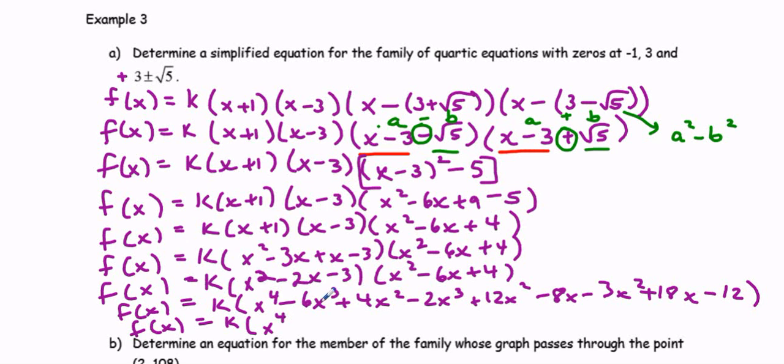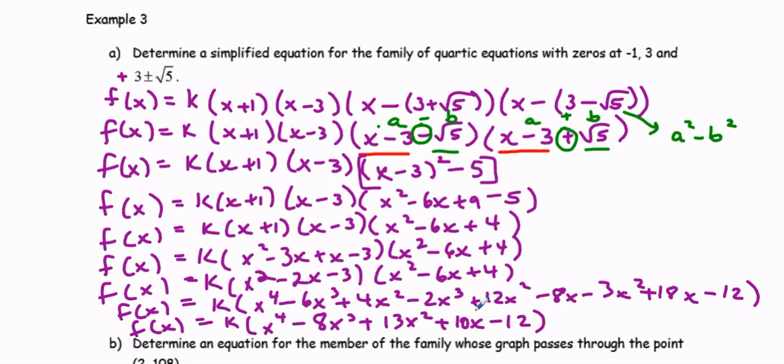That's good. Minus 6x cubed minus 2x cubed, so that's going to be minus 8x cubed. 4x squared plus 12x squared is 16x squared, minus 3 is 13x squared. So plus 13x squared. Oh, minus 8x plus 18x is plus 10x minus 12. Okay, you don't have to distribute the k through, and that is a simplified equation for the family of quartic